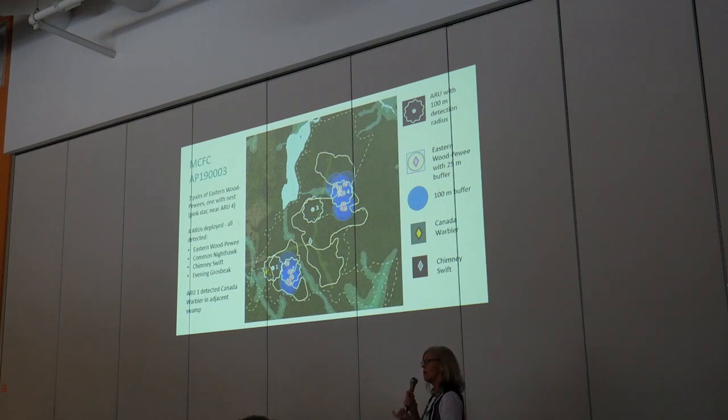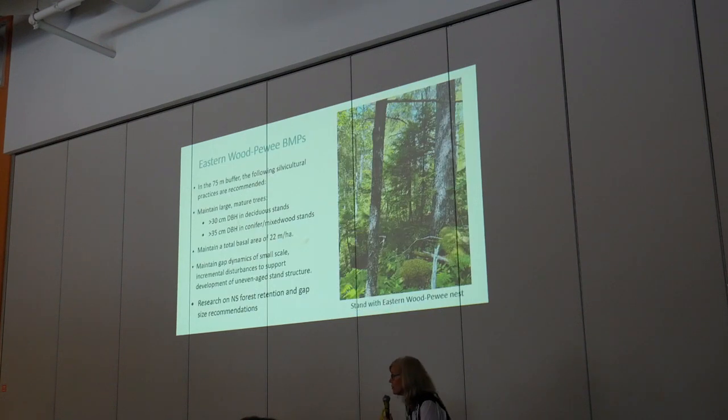These are also species at risk, but as yet we don't have a BMP, other than for chimney swift, which is basically retaining any large cavity trees. And evening grosbeak, we just don't know that much about them. And specifically for the peewee,